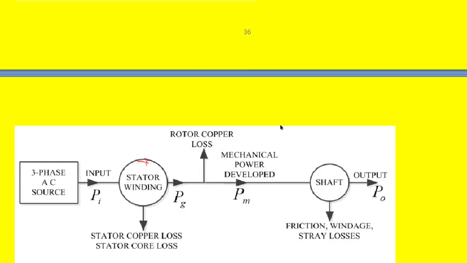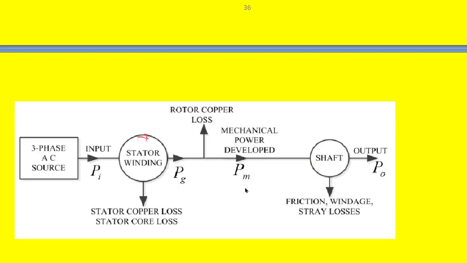So here we have seen the different power stages in the three-phase induction motor and how to use the power stage diagram to solve the problem, and how to calculate the relation between the air gap power and the copper loss. Similarly, the relation between the mechanical power developed and the air gap power, and the relation between the input power and the air gap power. All these are covered. Similarly, we have seen how to calculate the torque developed in the rotor.